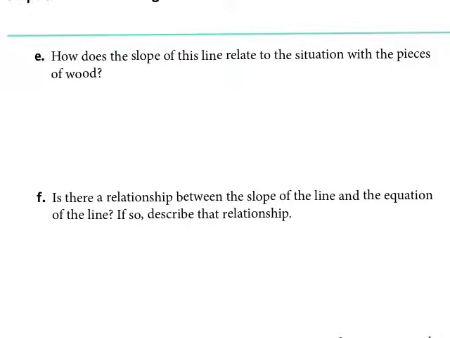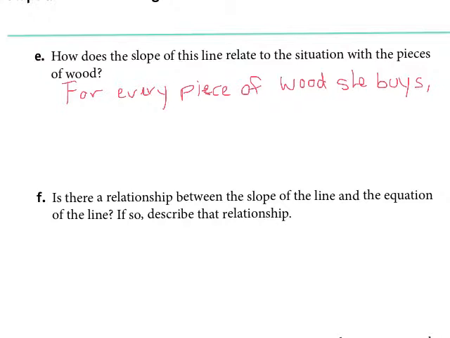Travis, you want to give a shot? That if she buys more pieces of wood, the price of it goes up by 3. Good, that's perfect. That's the action-reaction. So I would say for every piece of wood she buys, there's the action. What's the reaction? How does the 3 go into play here? And Travis said the bill goes up by $3 or something along those lines. The bill